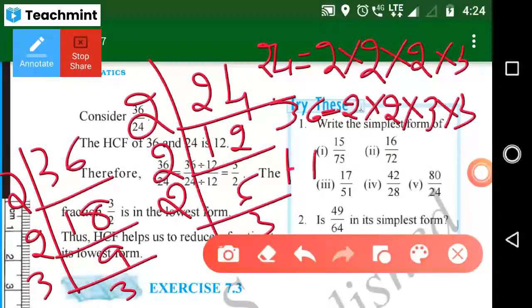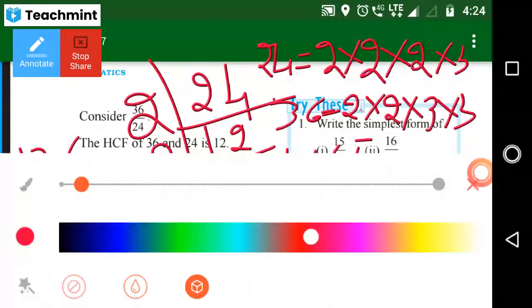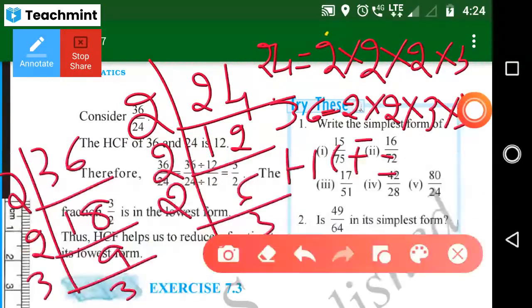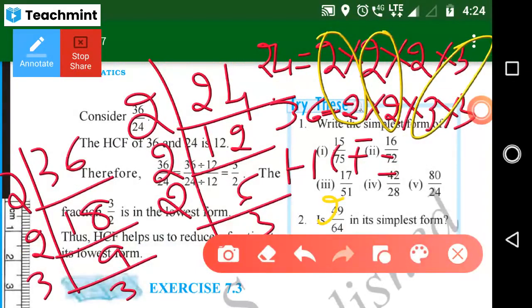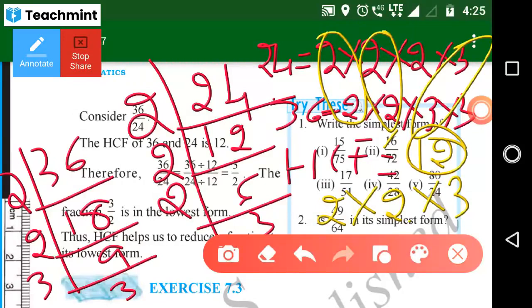So you have to find the HCF. Which one is the common factor here? That one you just encircle like this. So 2 is the common factor. Common. Then 3 also. You just multiply. 2 just write down one time, and also 2 is common, then into 3. 2 2s are 4. 4 3s are 12 is the HCF. Isn't it? If you directly divide by 12, you will get the answer. Write down these steps in your notebook.